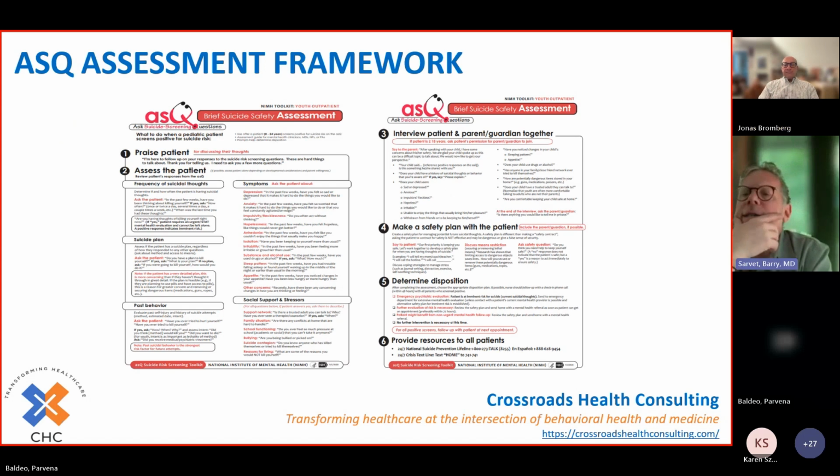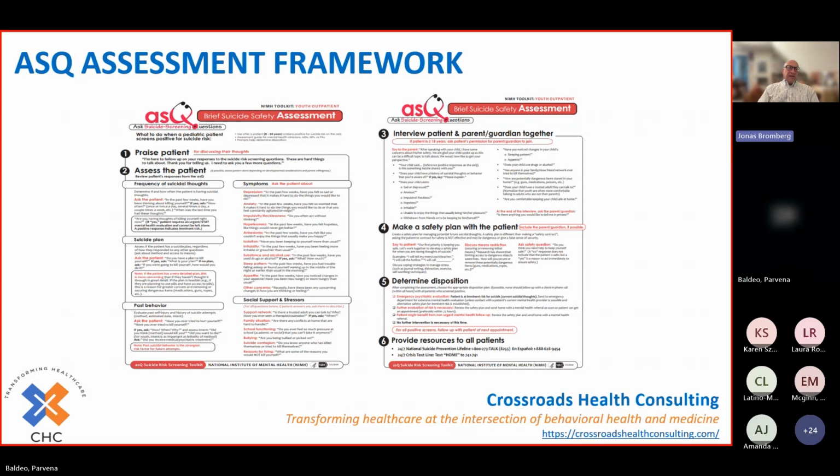Bromberg, someone in the chat was wondering if you could say a little bit more about assessing sleep in relation to suicide risk. Yeah, the thing that comes to my mind is kids that are sleeping excessively, having difficulty getting themselves out of bed in the morning, maybe sleeping throughout most of the day on the weekends, or even sleeping through the day on weekdays, just can't get up to get to school. So it's that sort of level, where sleep is really interfering with them being able to